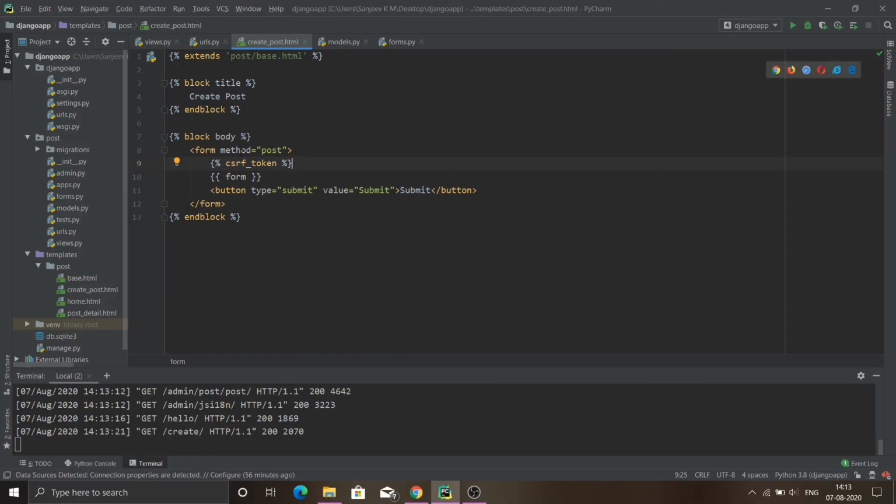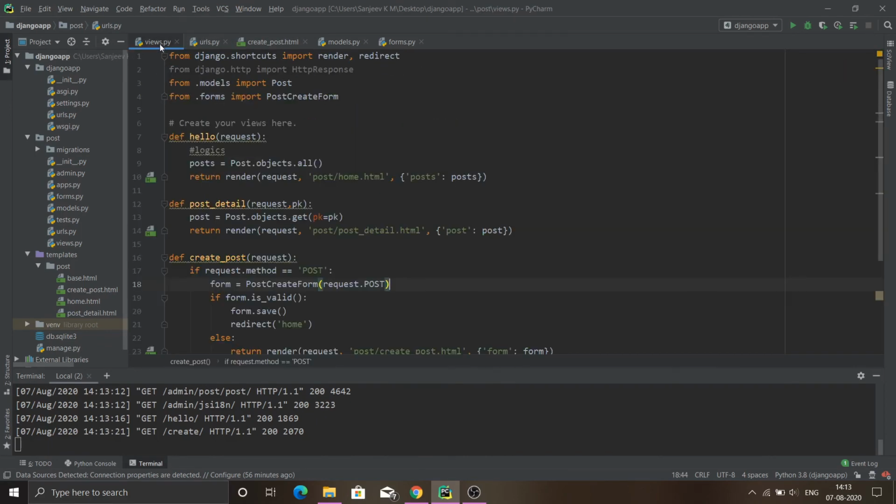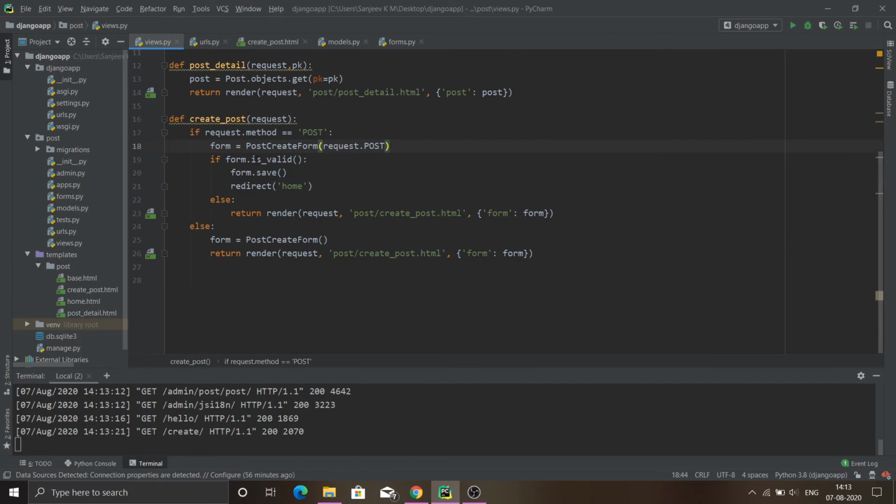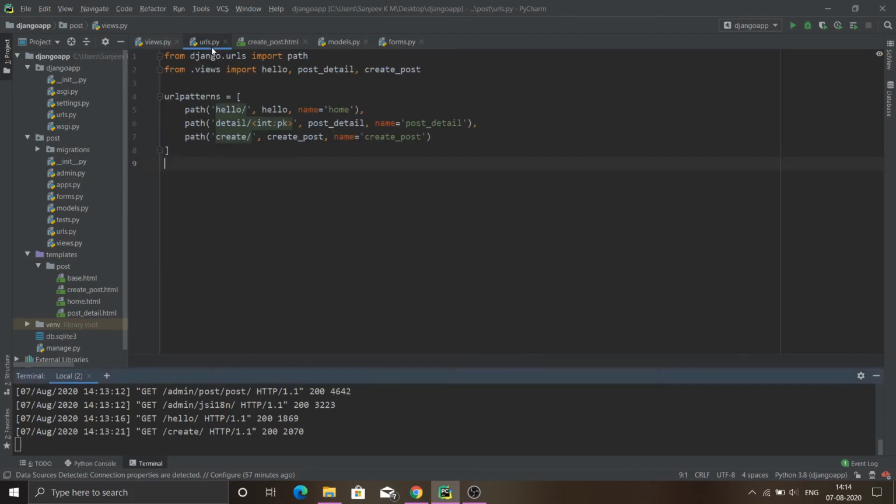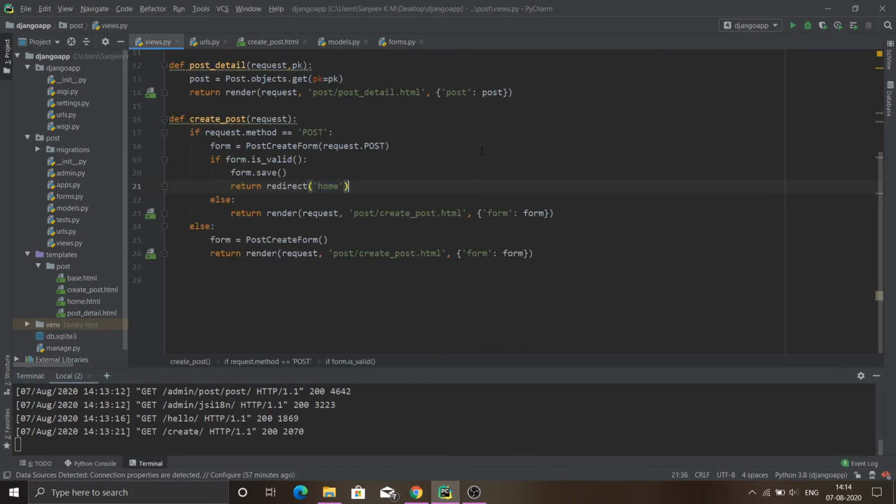So after adding this CSRF token right in here, there's also another terrible mistake I have made in the views.py file. In here we need to provide this redirect in our return statement. Only then will it redirect our user to this particular location, and this location is the name of the URL to which we need to redirect our user. So that's it. This will work perfectly.